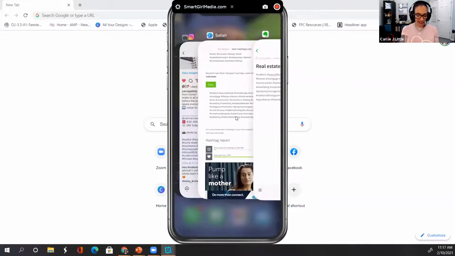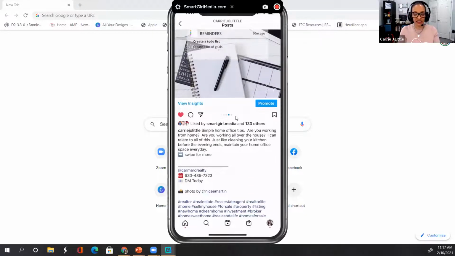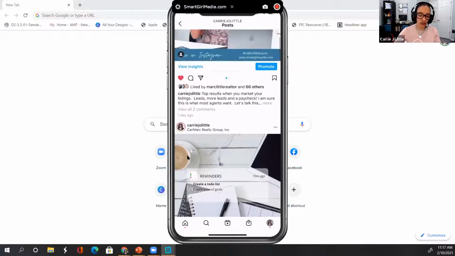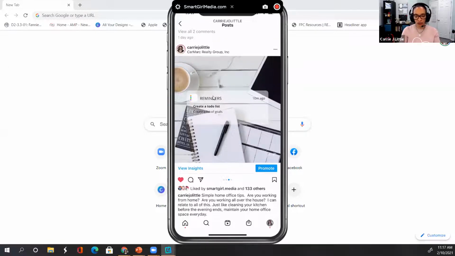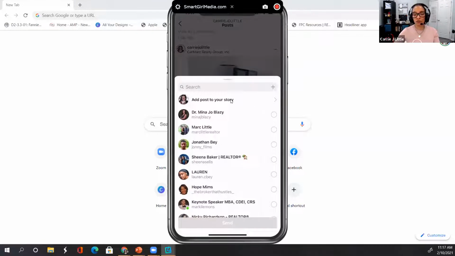So I'll go back to Instagram. Before we create a post and use those hashtags, I wanted to remind you of this paper airplane, because my goal was to show you how to dominate your marketplaces with location-based marketing. You can see in this post, I tag the company, which is located in West Chicago. So I'm using a location to be found. If I wanted to repurpose this post, I would click that paper airplane, click the arrow, and now I can add this to my story.